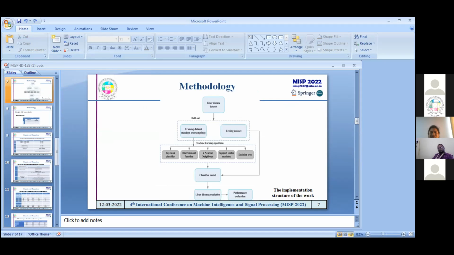So I'll quickly go through the methodology. When we got this data set, we found that we had two categories of data: healthy data and disease-infected data. We found that the data set is skewed. One category of the samples was 79% and the other category was 29%. So we applied oversampling so that the ratio of the data becomes 1:1. That is the first thing we did.